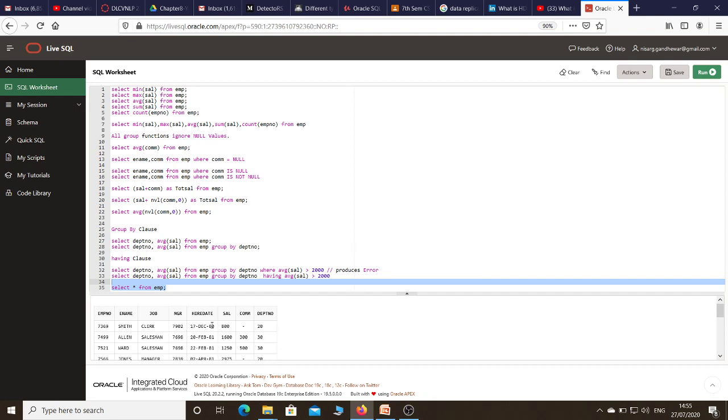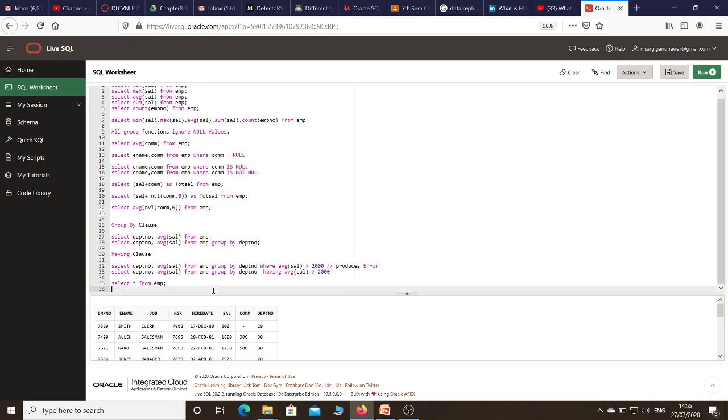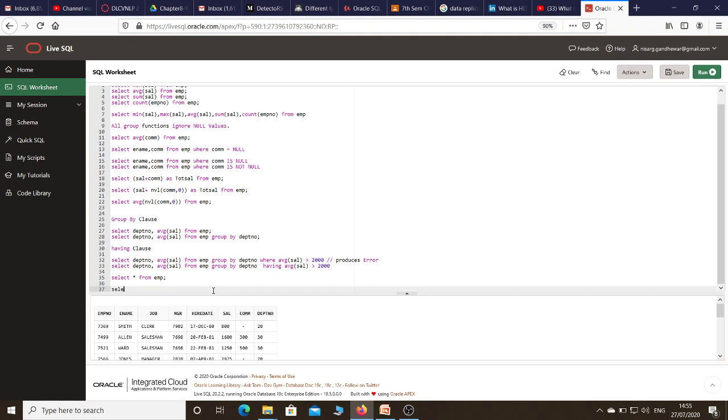Now suppose, here, I'll write a simple query. Select average of sal from employee where job equals to, in single quotes, I need to write it in capitals because the data present in the table is case sensitive.